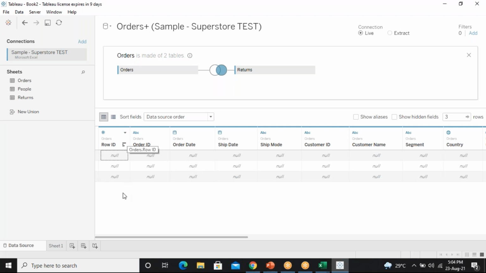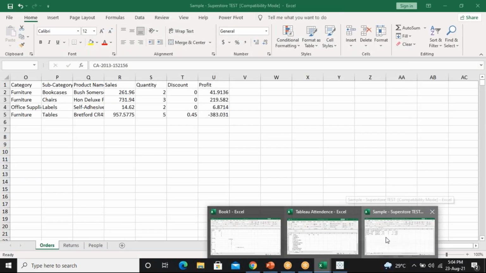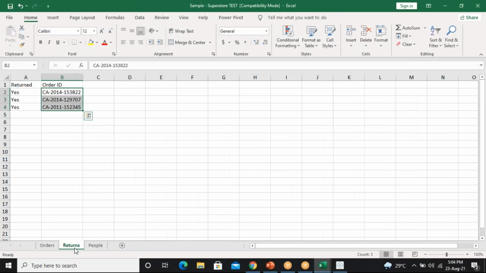For example, row ID is not there, order ID is also not common, order date and ship date are not there at all. Because we have only 2 columns, returned and order ID, and even those two are different IDs, different numbers.